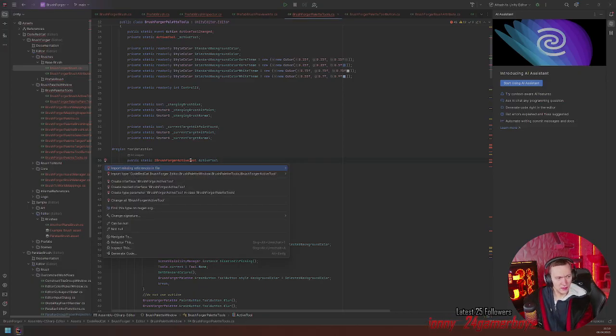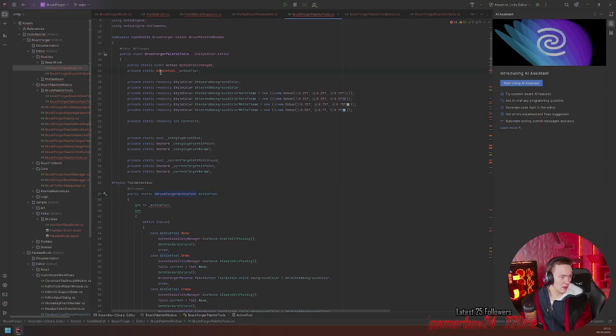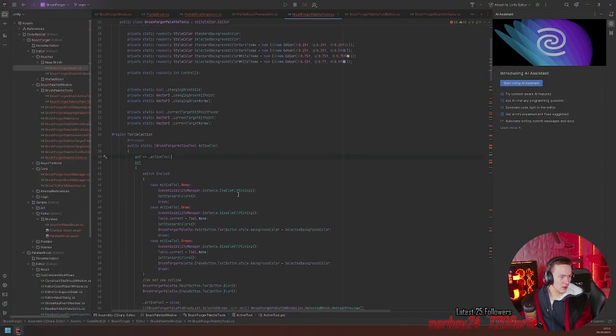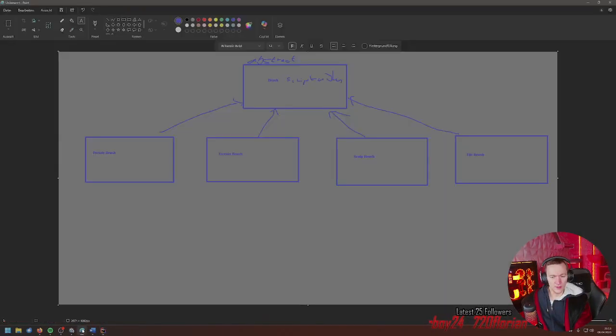So can I have it? Public interface. I actually have no idea what I want to do with the interface.